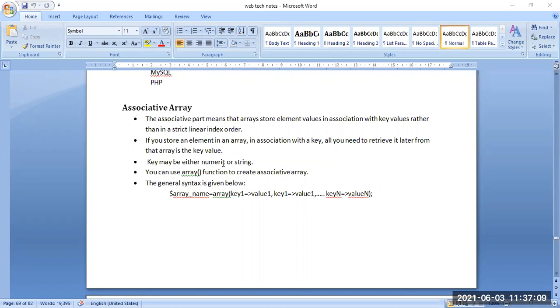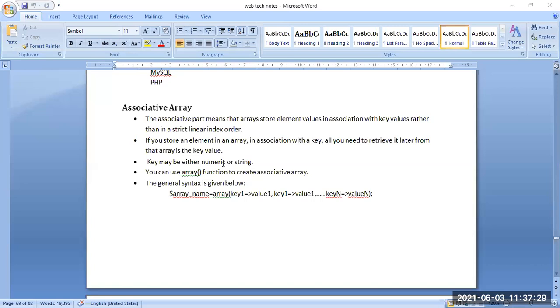PHP features are there. Associative array: the associative part means that arrays store element values in association with key values, rather than in a strict linear index order. So arrays have these features in PHP, and we can access them.